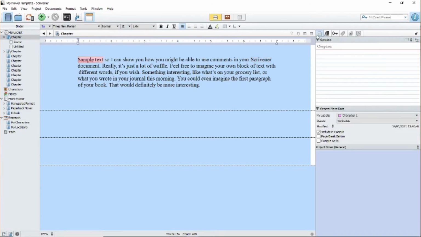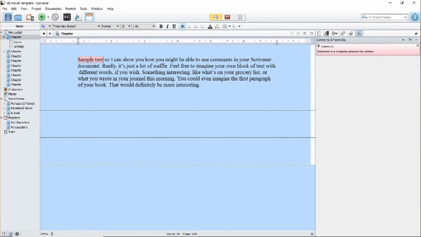Once you've created a comment and gone back to your normal view, you can still see what the comment says by hovering over it. Yes, that box does expand with the size of the comment. Feel free to test just how big it can go. If you click on the comment, it'll open up the comment screen again. To delete a comment, either click on the minus at the top of the comment section or click on the little cross in the comment box itself.